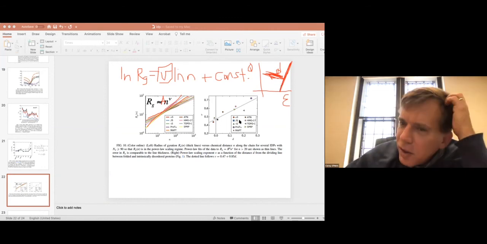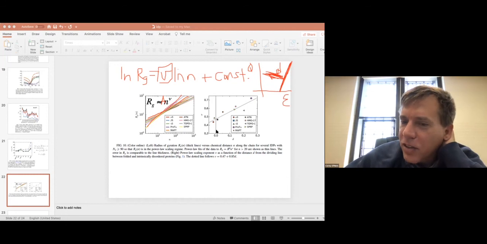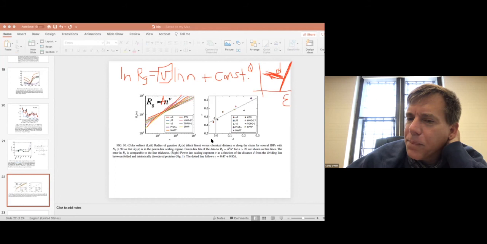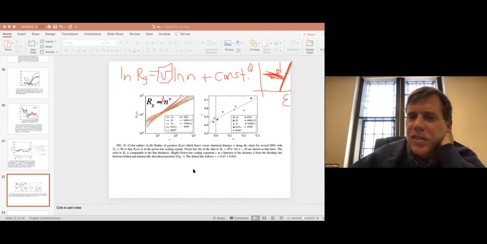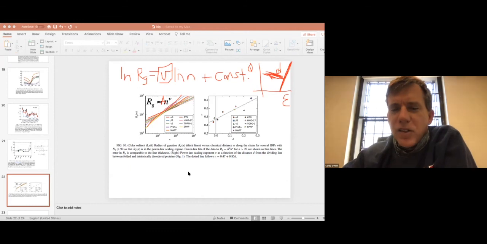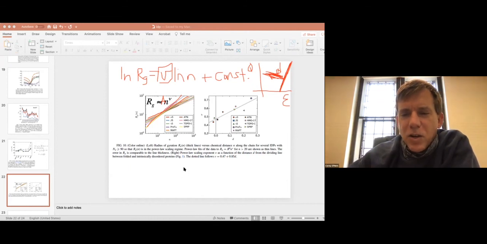And so the question is, does the exponent nu have any significant variation with the distance from this line? In general, according to polymer physics, the radius of gyration can go from basically the scaling exponent